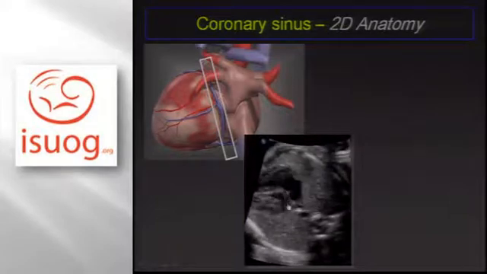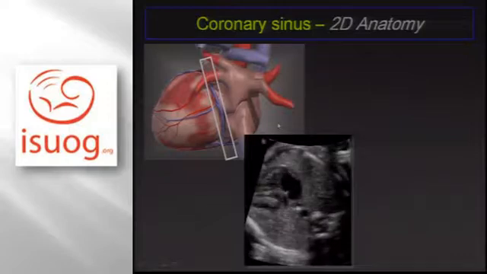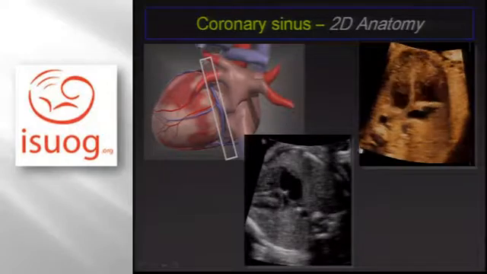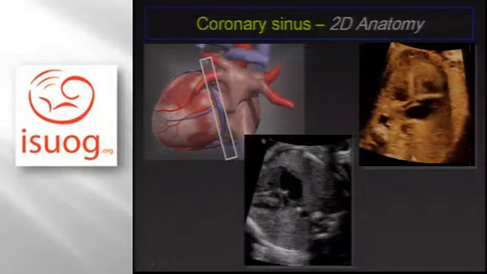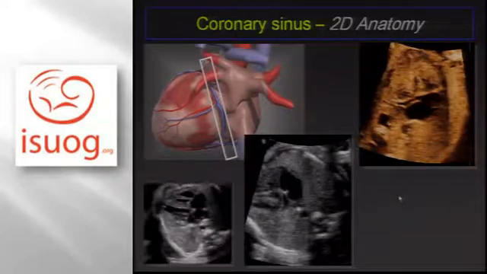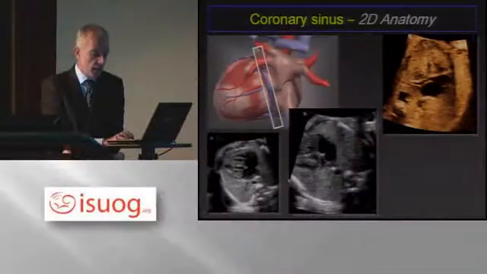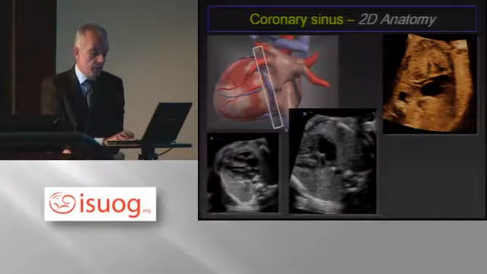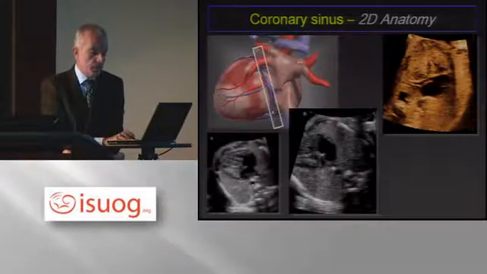This is a normal coronary sinus with a lateral approach entering into the right atrium, and this is the corresponding image with an apical approach. Again, you can actually make out the tiny coronary sinus here entering into the right atrium. These are normal images. And on the four-chamber view, we will not be able to spot the cross-section of the